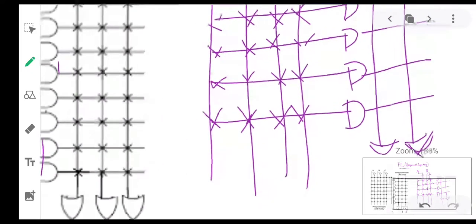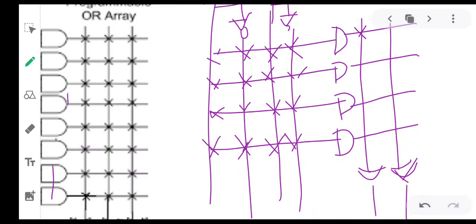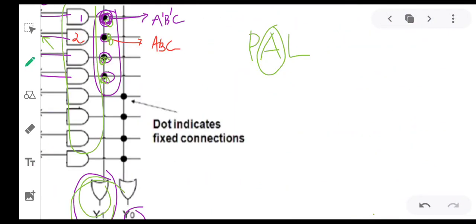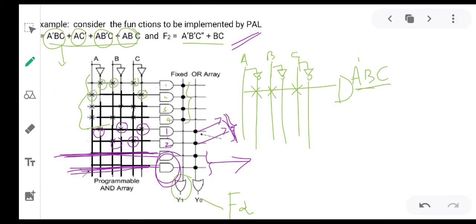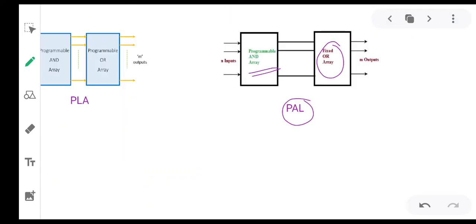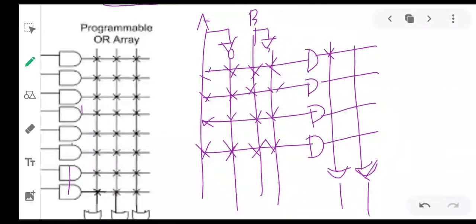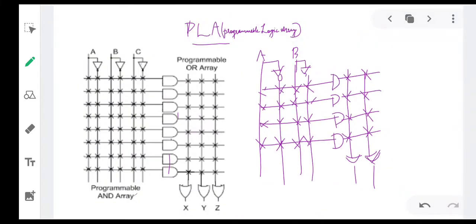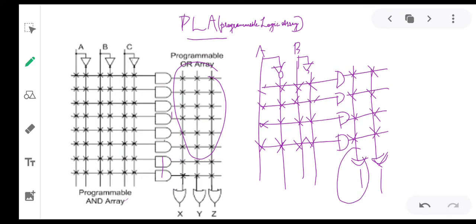The sum term is also programmable, so you can control it. That is why I am showing it by fusible links here. So depending upon the function available here, I can take the connections from this side. If not required, you can remove it.